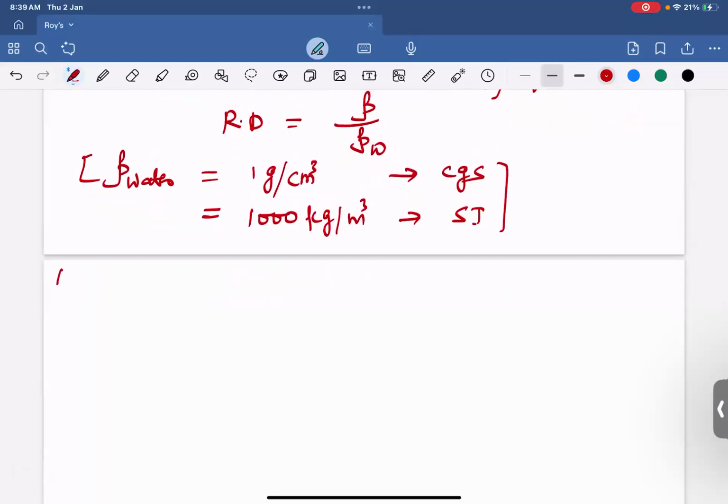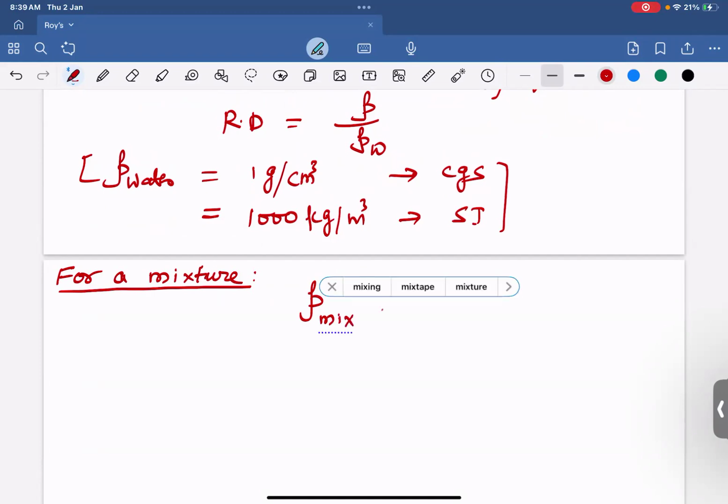If you have a mixture, that means two liquids we have mixed or two gases you have mixed, in that case, if you want to find the density of the mixture, then it should be the total mass of the mixture,